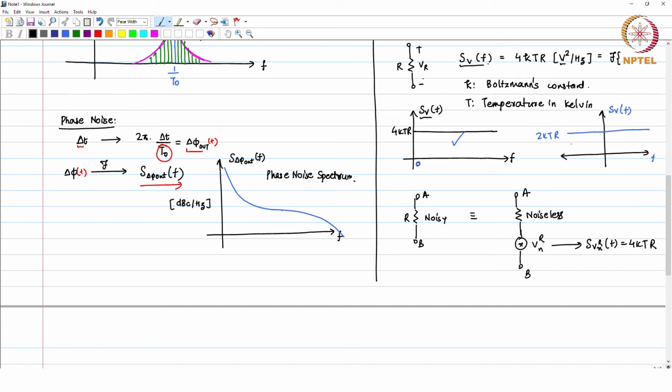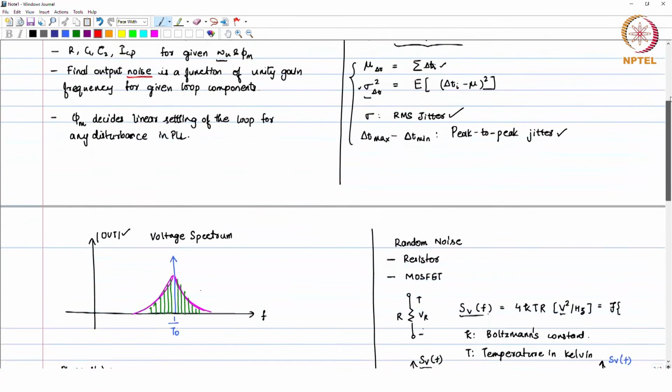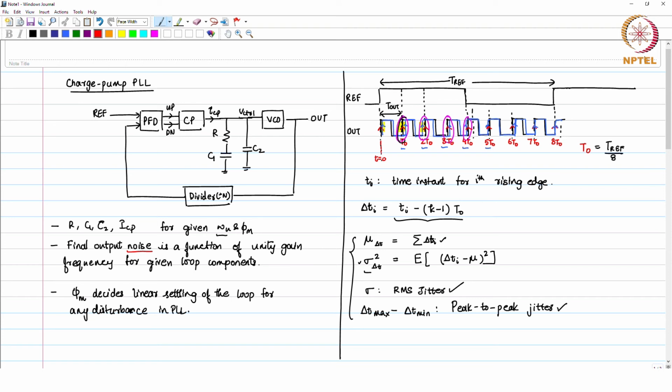So, this is how we will model the noisy resistor: a noiseless resistor with a voltage source in series, whose mean square value, the power spectral density or frequency spectrum of that noise voltage, is 4kTR volt square per hertz. This voltage is not a fixed voltage; its frequency spectrum has this spectral density. Now, even before we actually do the noise analysis for the PLL,